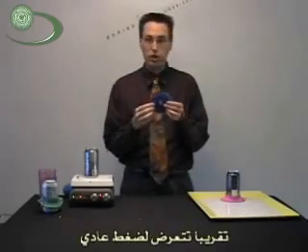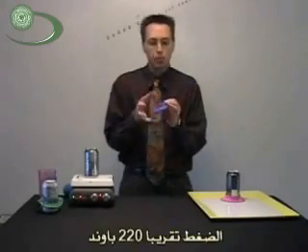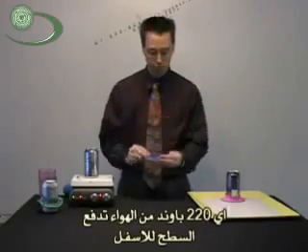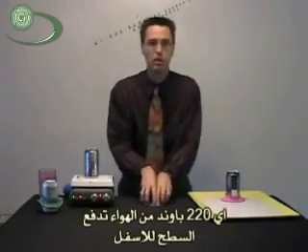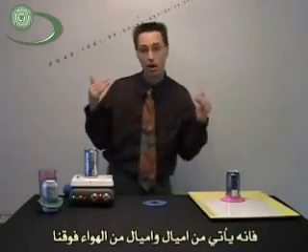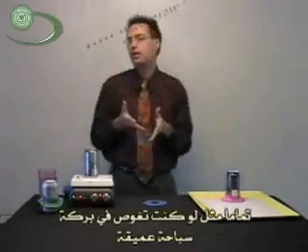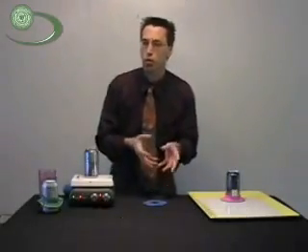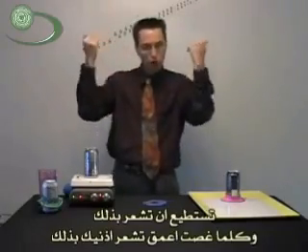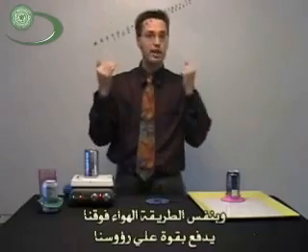At about standard pressure here, which is due to the atmosphere over our heads, the pressure is about 220 pounds. 220 pounds of air is pushing down on this circle. And where's the pressure coming from? Well, it's because we've got miles and miles of air over our heads, all sitting down on our heads. Just like if you dive into a deep part of a swimming pool, as you go to the deep end, your ears can feel the pressure of the water on your head. In the same way, all the air over our heads is pushing down on us.